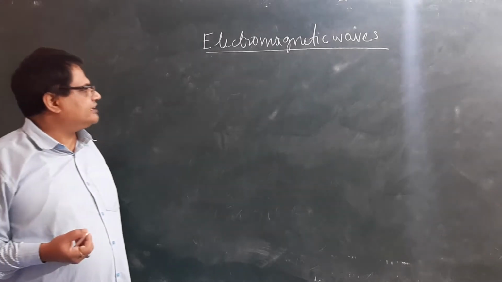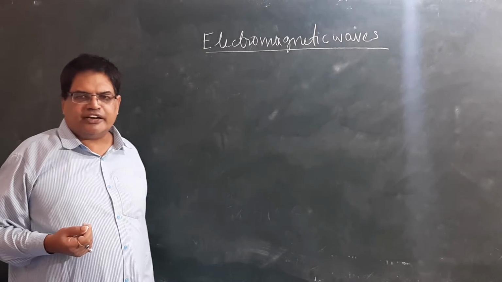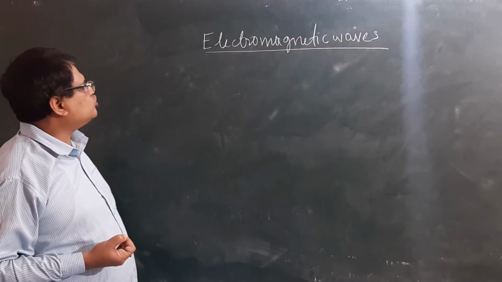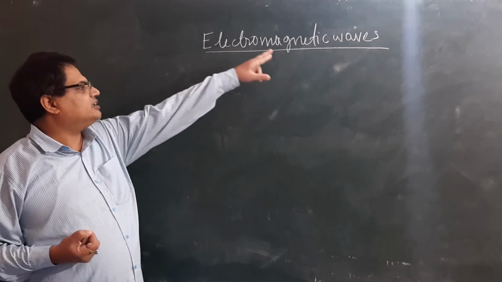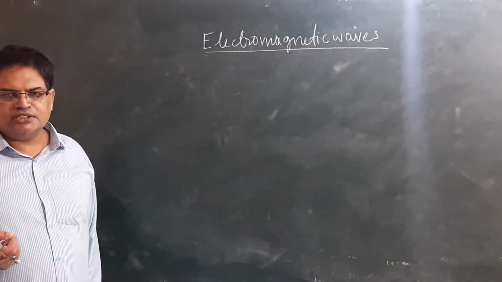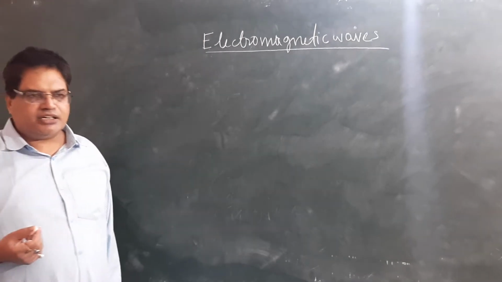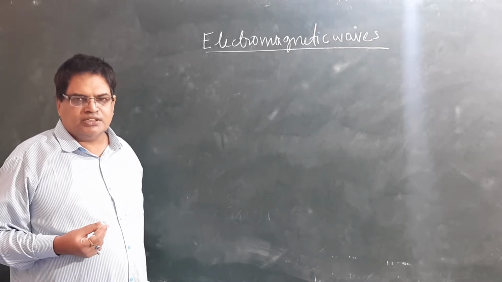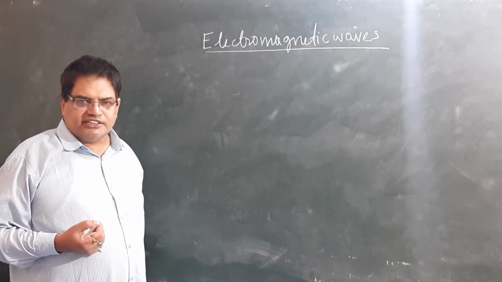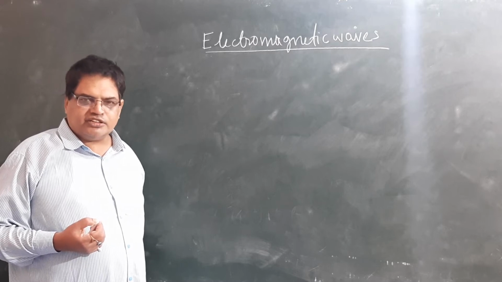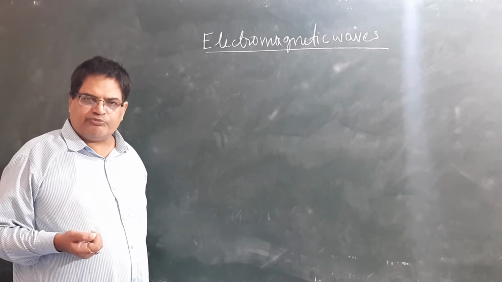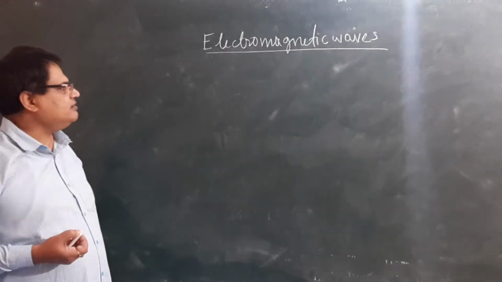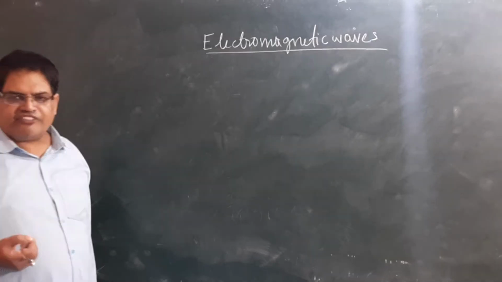So we'll discuss electromagnetic waves, and as the name itself indicates, it contains two components. One is the electric component and the other one is the magnetic component. You might have read in electromagnetic induction that whenever the magnetic field changes in a current loop, then an EMF is induced in it. And when EMF is induced, how is it induced? It is because of production of some electric field. So whenever there is a change in magnetic field, electric field is produced.